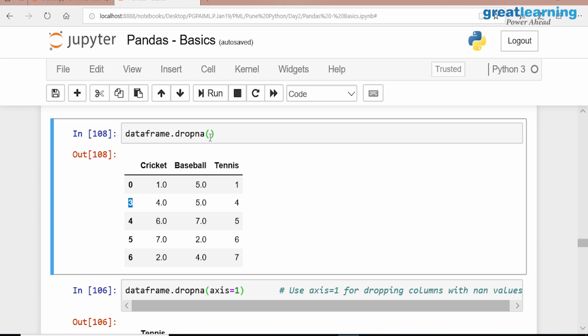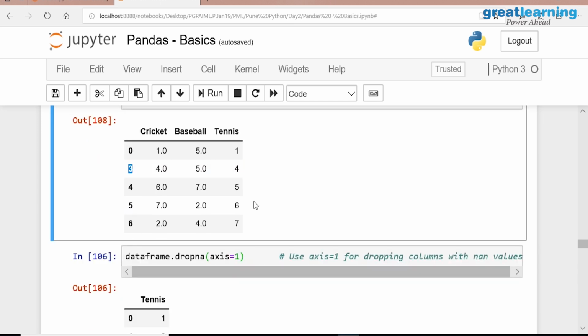Have you understood this inplace concept, everyone? What is inplace? Whatever changes you are doing, row filtering, whatever you are doing, are you doing it within the data frame itself, or are you creating a new data frame? Okay. When you create a new data frame, the same index will be carried. That's what your question was, right?